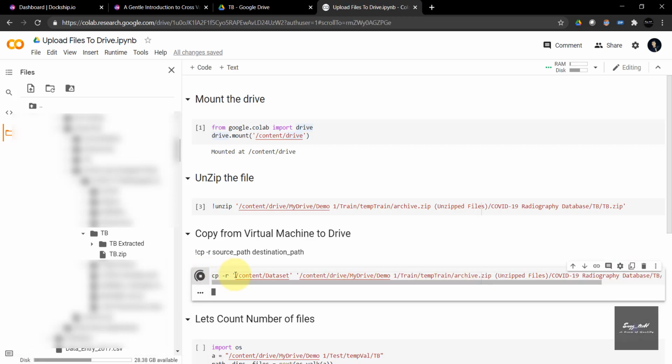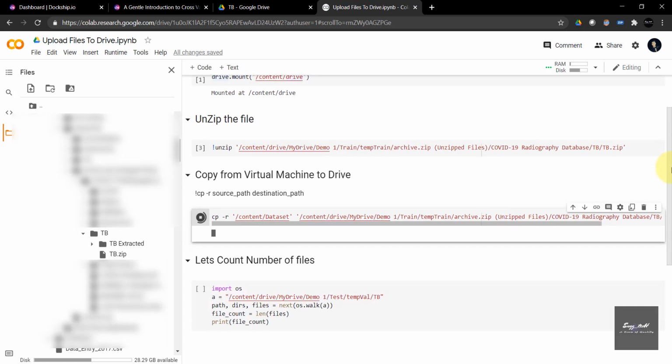All the contents of my virtual machine will be copied to my drive. This will happen very fast. I guess it will take some seconds to reflect the folders and files in our Google Drive.